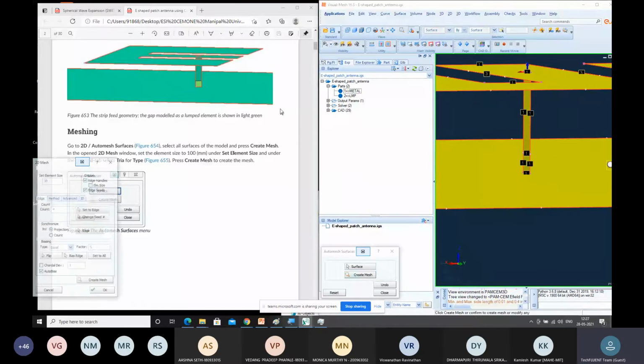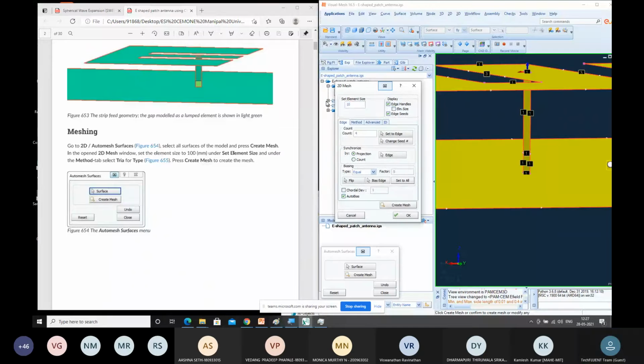Here I'll take the element size as 100. This doesn't have that much importance when you're going ahead with this particular meshing. Once you click on create mesh and click on OK, you will be getting the meshing out of it.